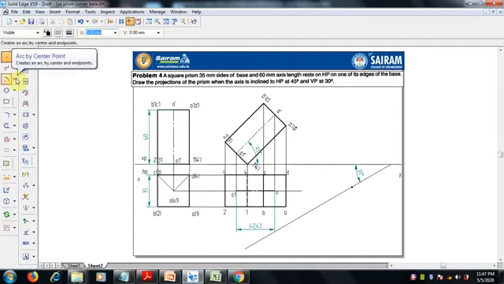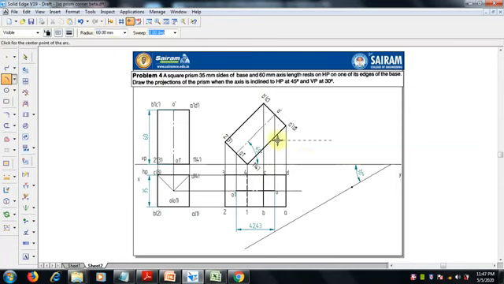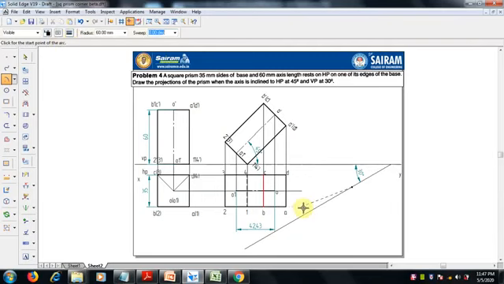Now select arc by center point. This is the center point, and the radius is 60 mm, so I am going to draw an arc of radius 60 mm from this point, with 0.13 mm thickness, thin line. This is 60.